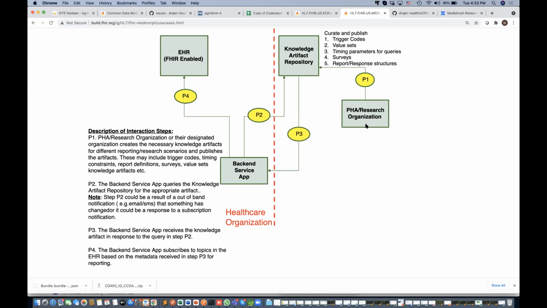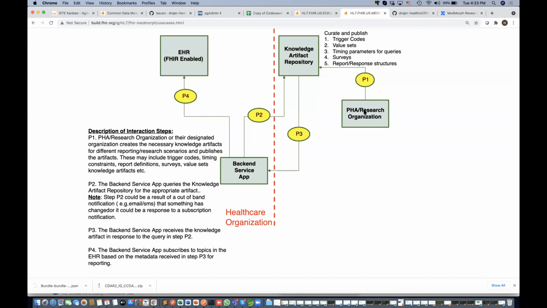And then, the actual structures. The structures are essentially the content IGs. What are the structure definitions that you need to use for reporting? So the knowledge artifact will specify the types of output that you need to provide or create and send out to the public health agency. So those structure definitions will vary based on content IG, but the knowledge artifact itself is capable of handling those, and any software built to process a knowledge artifact and create the necessary output should be able to create the necessary structure definitions. So in this, the sequence of events that happens here is outlined as P1, P2, P3,